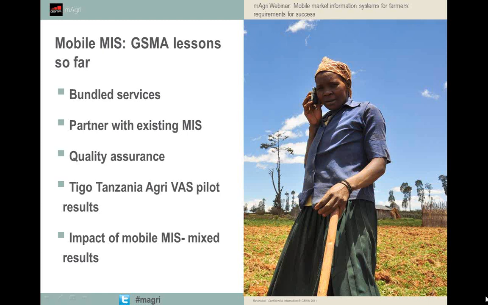Tigo also found that market prices are relevant throughout the agricultural cycle, not just during the harvesting time, which is the typical assumption. Farmers use pricing information in the planting stage, for example, when they're deciding what crop to plant, and during the growing stage when they want to plan their personal finances based on what revenue their crops might generate. More information on this pilot can be found in a blog post by colleague Natalia, which can be found on